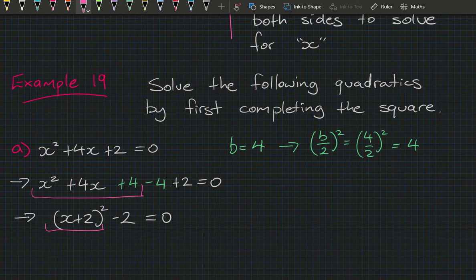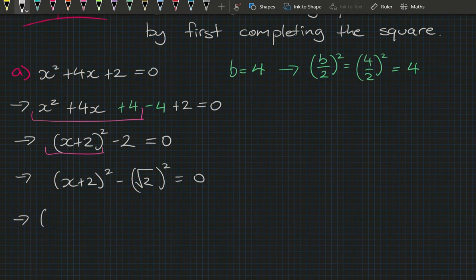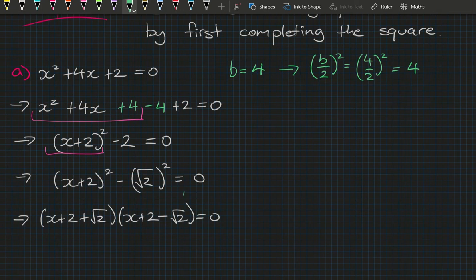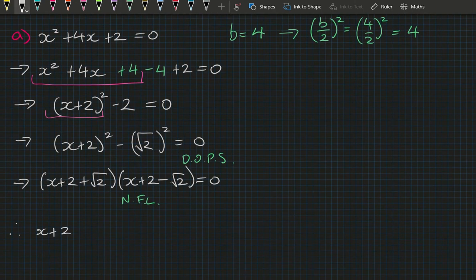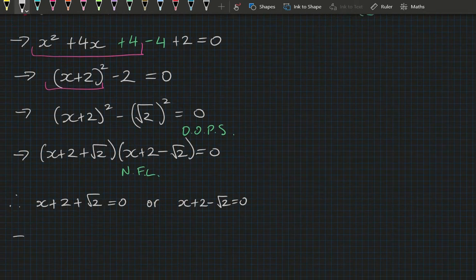We can now rewrite the 2 as the square root of 2 squared, and that becomes x plus 2 plus the square root of 2, multiplied by x plus 2 minus the square root of 2, just by using the difference of perfect squares. Therefore, by the null factor law, x plus 2 plus the square root of 2 equals 0, or x plus 2 minus the square root of 2 equals 0. In other words, x is equal to minus 2 minus the square root of 2, or